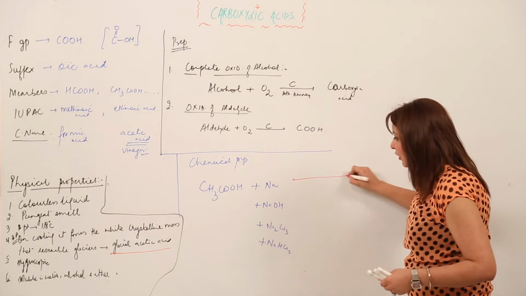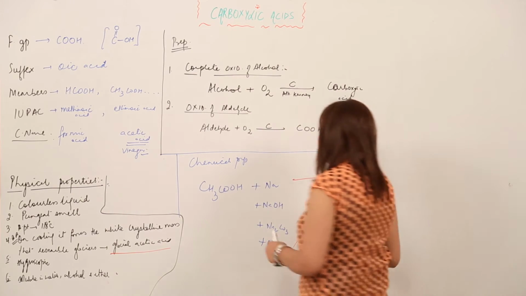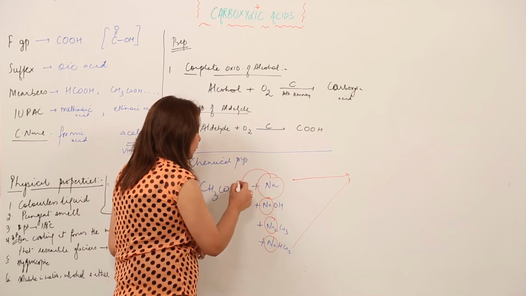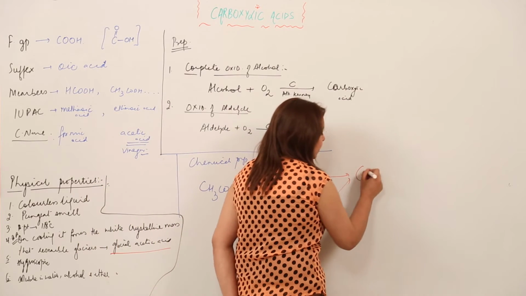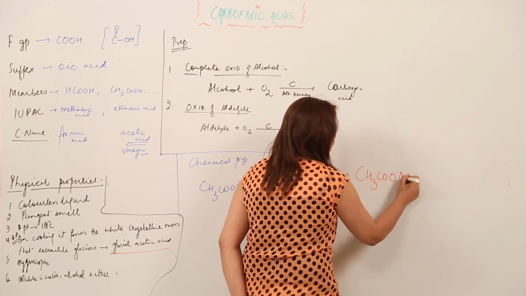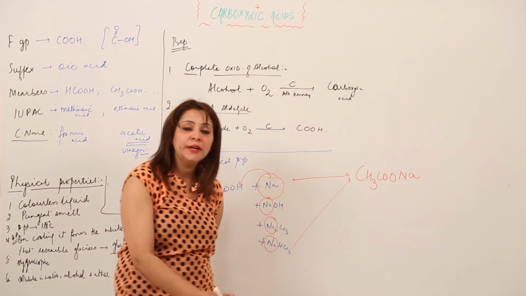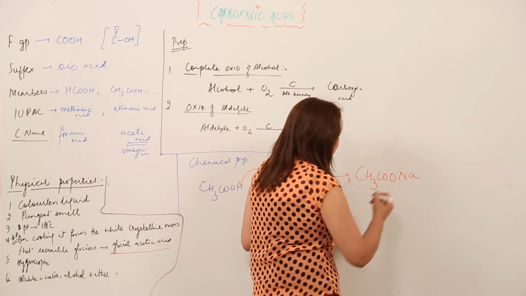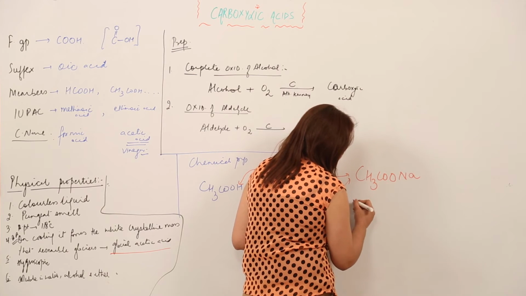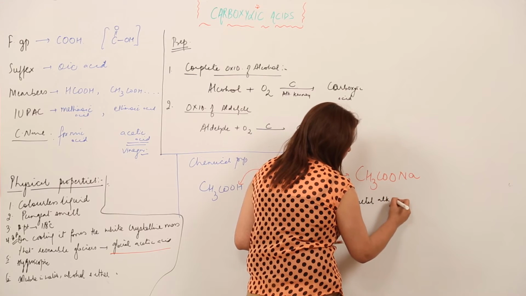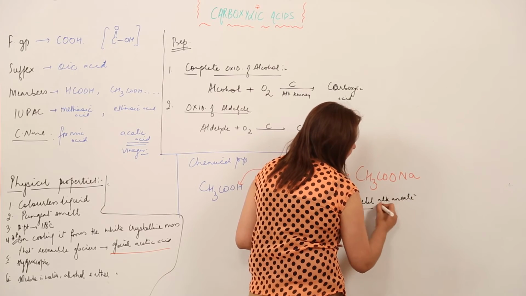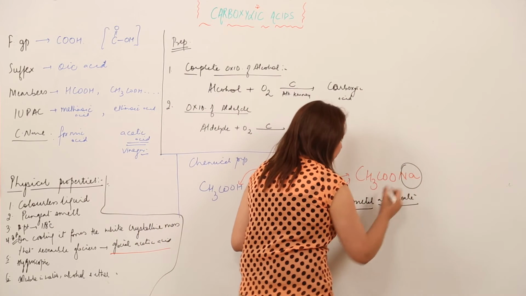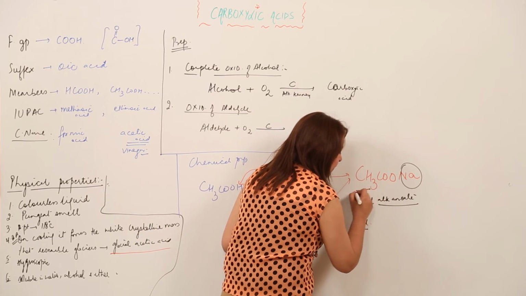So what is going to happen in all the cases? You know that metal is more reactive than H. We have Na, so Na is more reactive than H. It is going to displace H. That means we are going to get a single product, that is CH3COO, and in place of H we will be getting Na now. Now what will be the name of this compound? The general name, first I am writing, is going to be metal alkanoate, indicating the presence of ester. So which metal is here? Here is sodium metal. So we have sodium. Alk means which alkyl group?